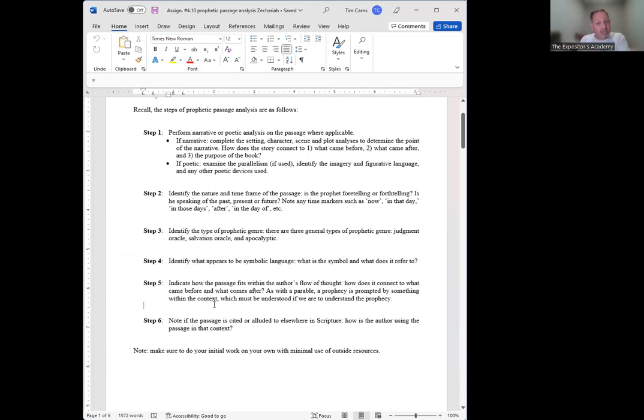Now, symbols are figurative in the sense that perhaps the intended meaning or the symbol itself represents something else, but the symbol is an intentional feature from the prophet who is identifying something by the symbol, so that the symbol represents something else. It's meant to point to something else.